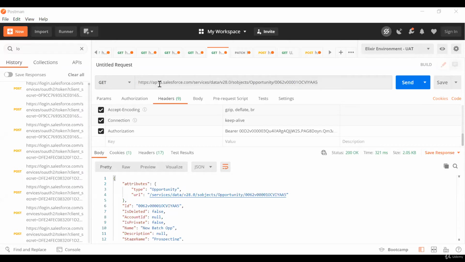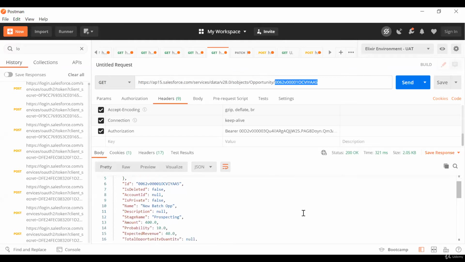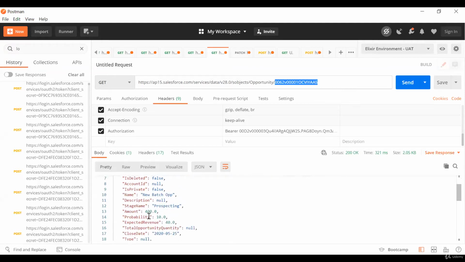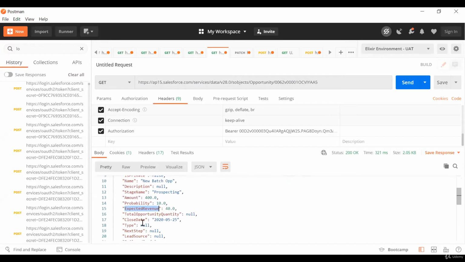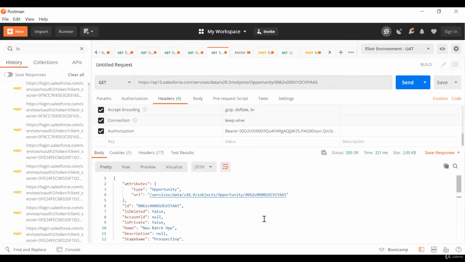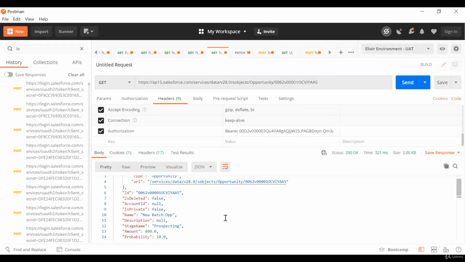So here you can see you have another GET call where you are just passing the opportunity ID as a path parameter, which will give the result of a particular opportunity, like the ID, the stage name, amount, probability, expected revenue, and then total opportunity quantity and other fields. So it will show you all the fields which we have. So I'm going to create another page which will show you a few details of an opportunity